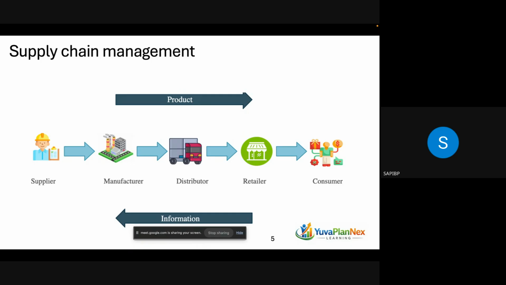If not, he will verify whether the warehouse has that product. If it is not there, then the distribution center or the warehouse will reach out to the manufacturing unit with the requirement: do you have that stock in place? If the stock is there, the manufacturing unit gives it to the distributor or DC, the DC gives it to the retailer, and the retailer gives it to the customer.